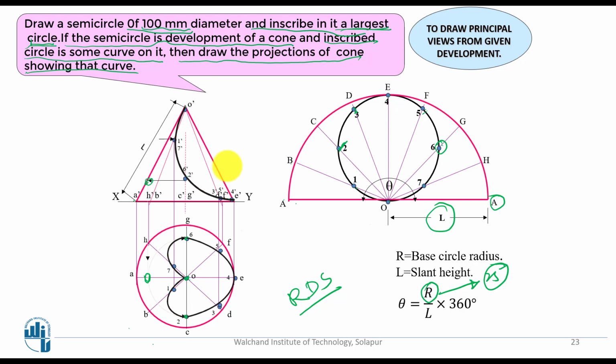Now by observing this figure and this figure, what exactly are you going to get? If you develop the given cone, you are going to get a development of this one. On that particular development, if you draw a circle, and that circle you transfer onto the original figure of top view as well as front view, you will get this particular smooth curve in the front view as well as this particular smooth curve in the top view. This is what the problem expects in this particular question.